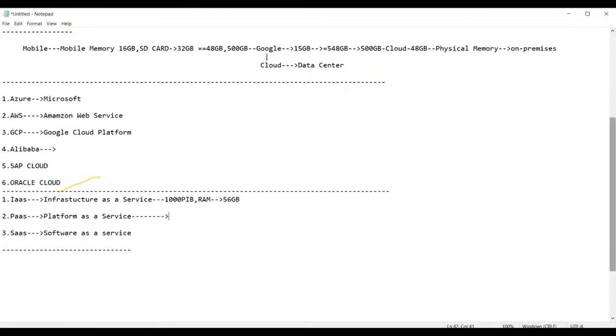So these are the various operating systems used by various mobiles. In the same way, if you have a computer, what is the operating system we use in a PC, guys?